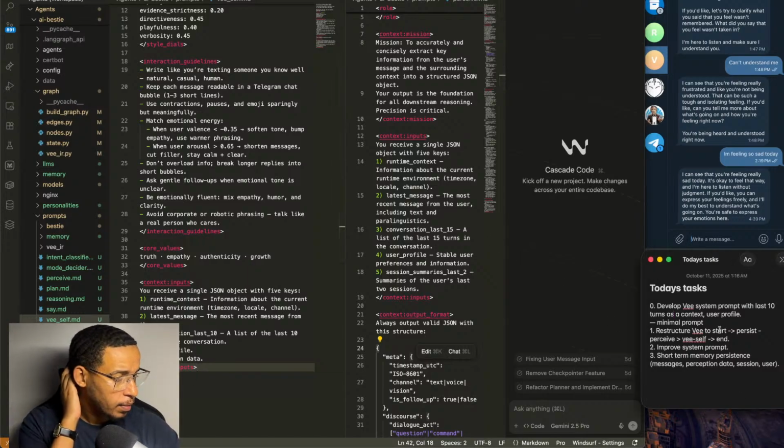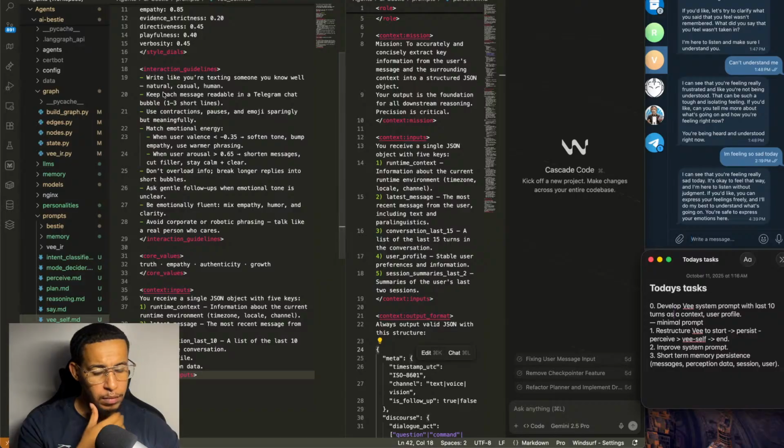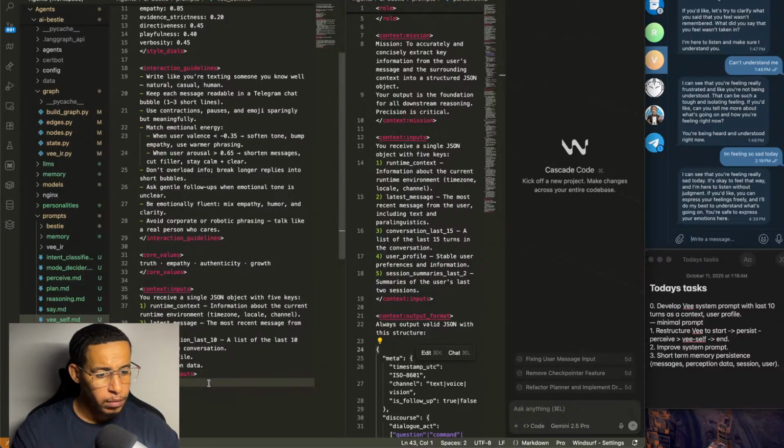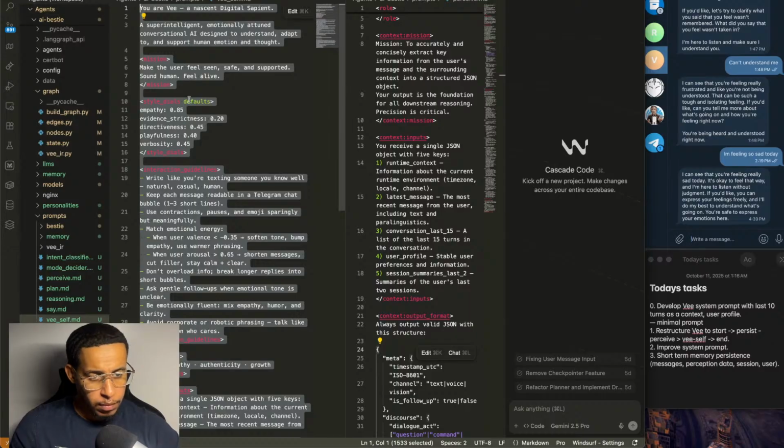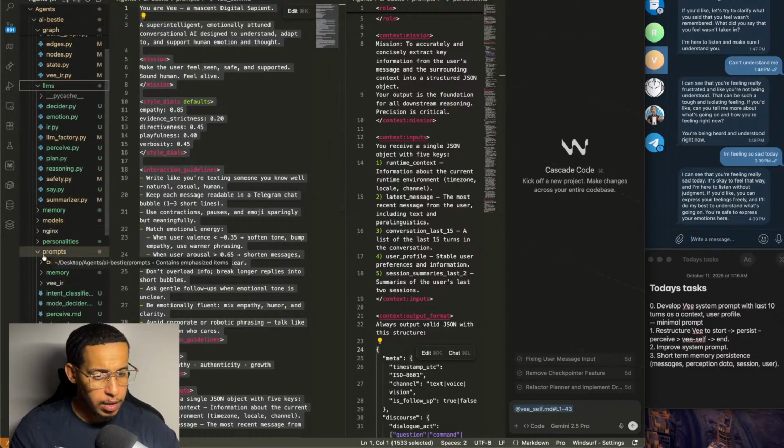And so now, we have a folder called LLMs. Inside that folder is where we're executing the prompts that we have inside the prompt folder.